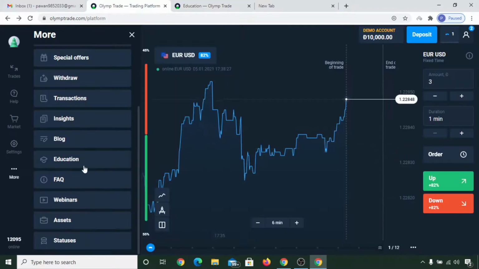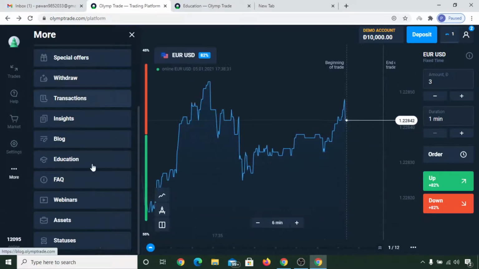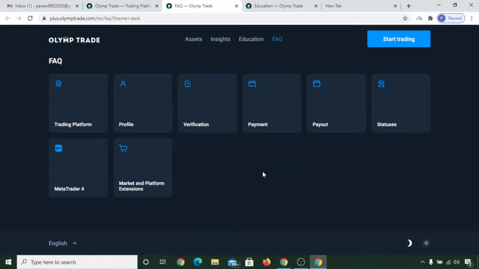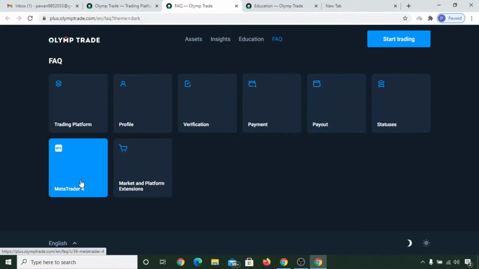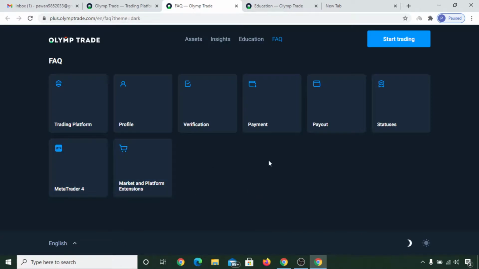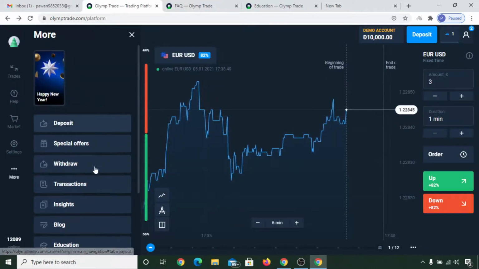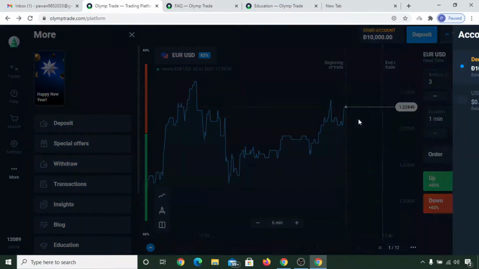So now another important thing I would like to show you is frequently asked questions, which will answer many of your queries regarding verification, payment, payout, status, MetaTrader 4. Okay, this kind of stuff. You can watch this inside this platform, and there are various other things like special offer, deposit bonus.